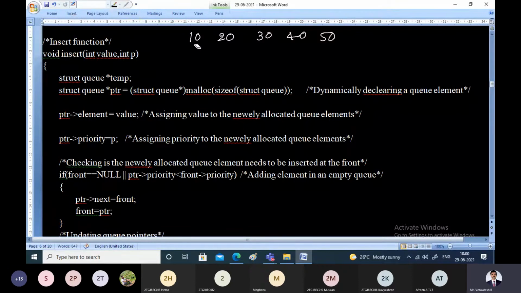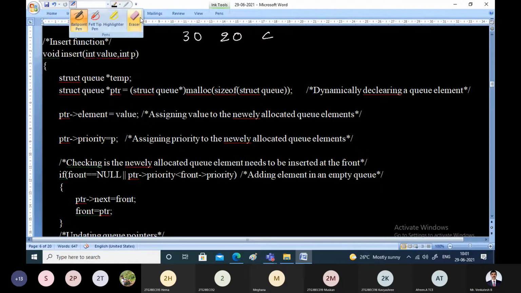Or other than this, let us take some other order. First, let us take 30, 20, so that I'll select the input in such a way that more iterations can be covered. 30, 20, 10, 50 and 40.